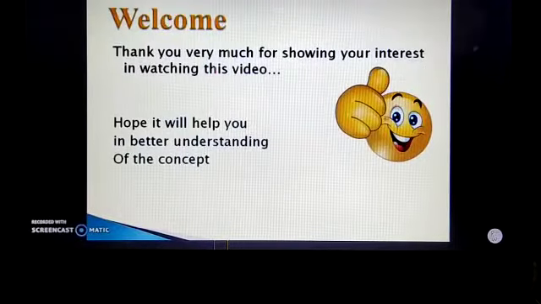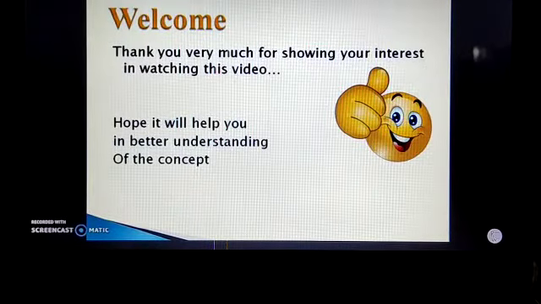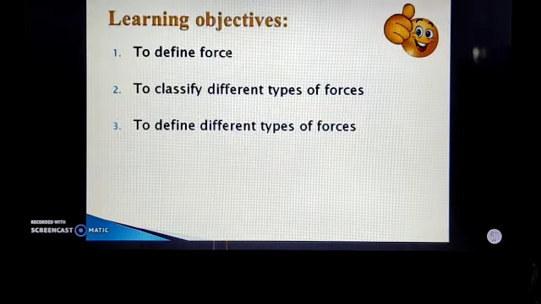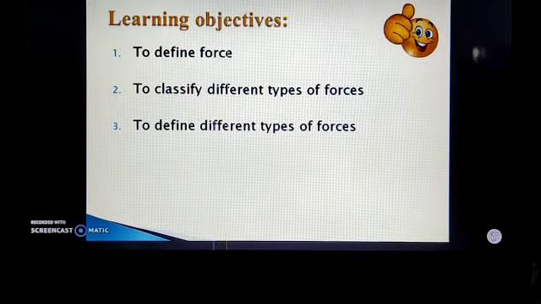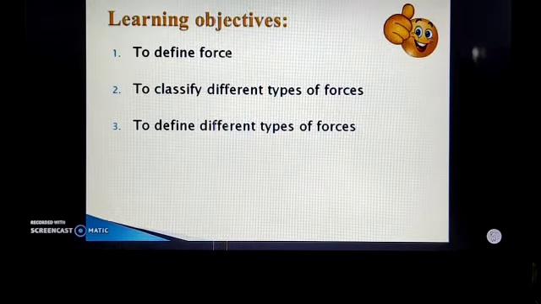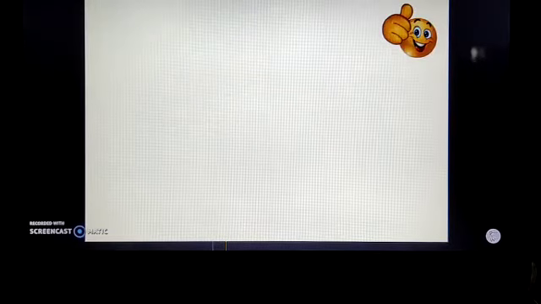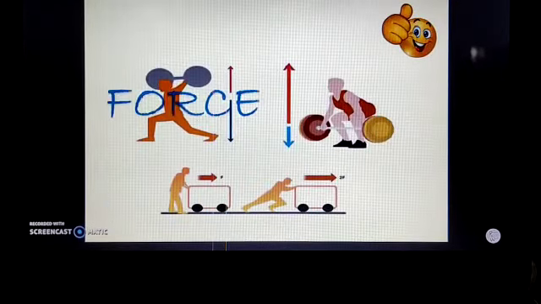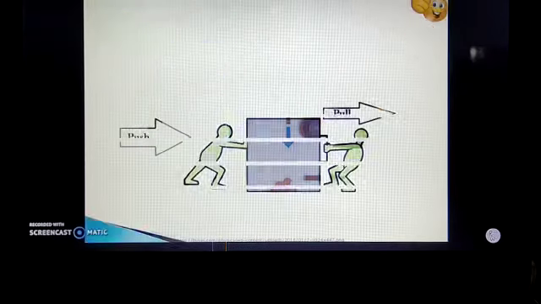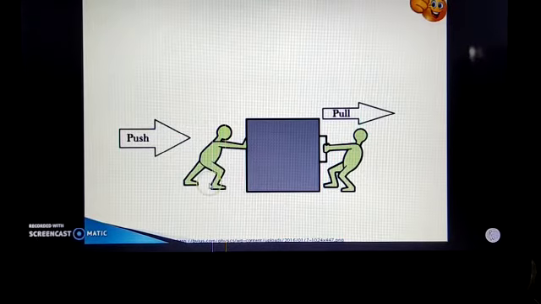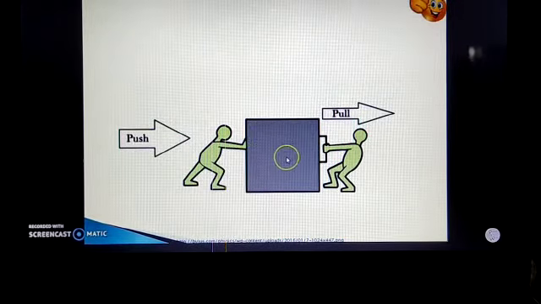Okay, now watch this video. It's already written. The categories I have already typed, so it will be easier for you to understand. So examples which we have studied, it's given here. Watch the examples. So this we have done earlier. So I have increased the speed. You can see two people, they are pushing and pulling.